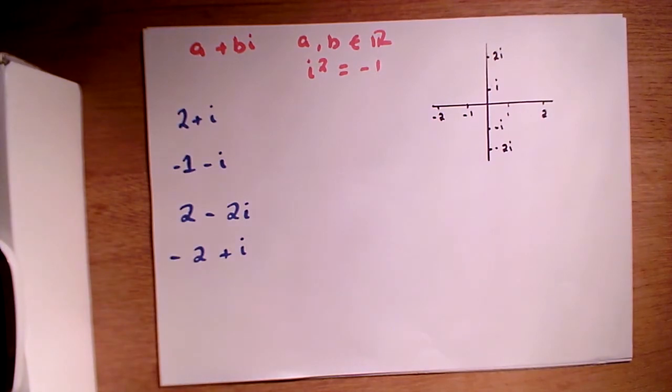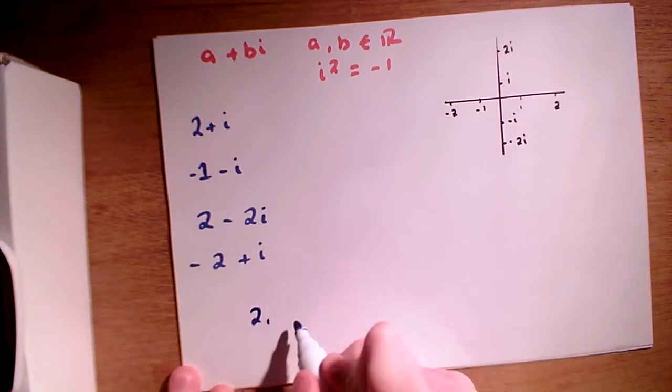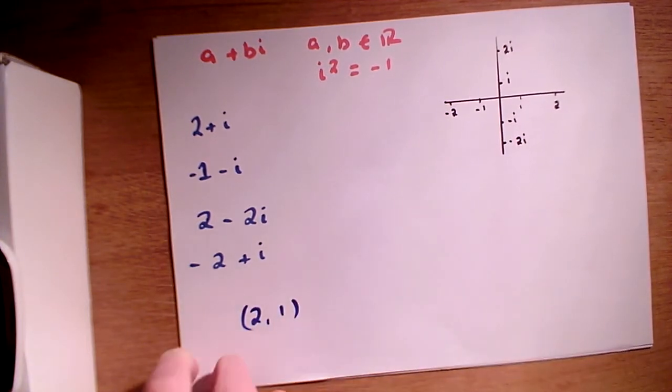We will refer to our vertical axis when we want to plot those values. So in coordinate geometry, typically we see the numbers presented to us in the form of 2, 1 in brackets. So it's a little bit different here with complex numbers. They're not presented to us in that fashion. So if we were to think about our first complex number there, 2 plus 1i, or just 2 plus i,